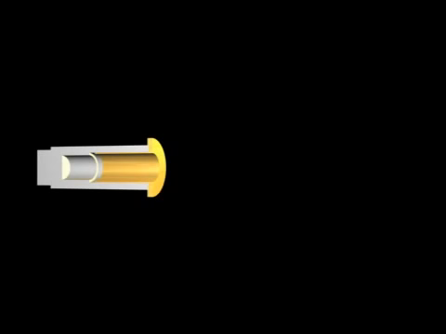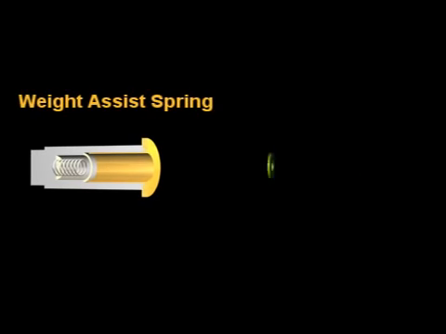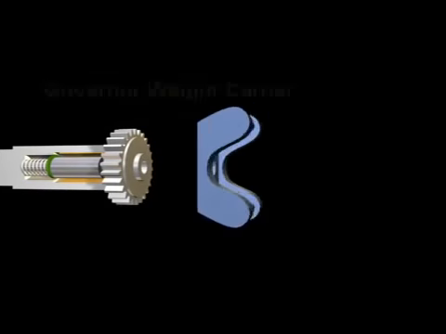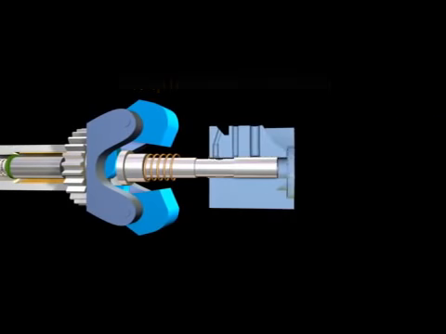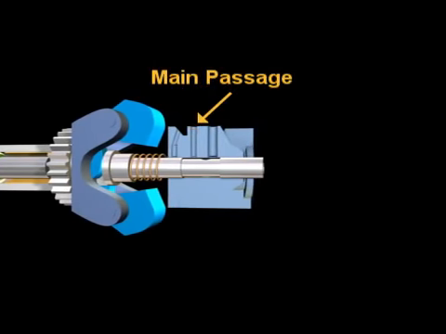Let's look at the makeup of the governor assembly. Weight assist spring, weight assist spring shims, weight assist plunger, governor weight carrier, governor flyweight, governor plunger, torque control spring, idle passage, main passage, supply passage, bypass passage,